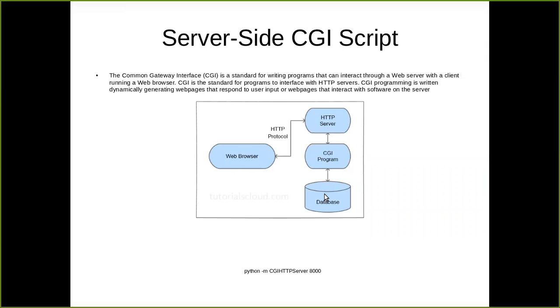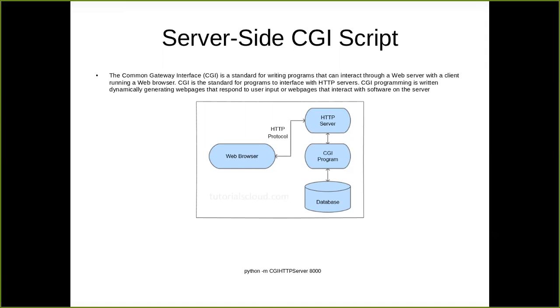Because if you want to access a database from a front end request, in the last class we have seen a website with Python, right? There we used a framework called Django. So Django will take care of it. There is no CGI program because we are handling it with a number of packages like database connectivity. We are initiating a connection between a database and a backend, and we are using a request module. The request module will take care of the request from a front end, that is the HTTP server. And then we are using certain models to do communication between your front end, back end, and a database.